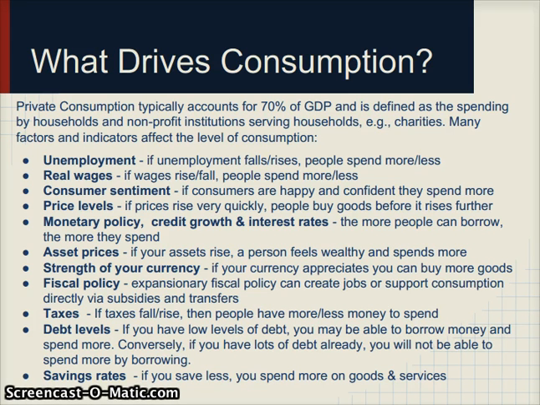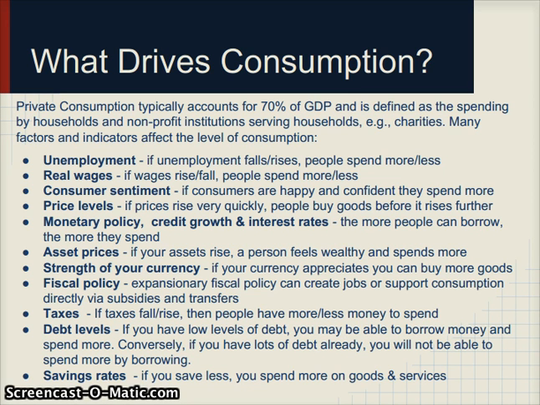But if you already have a lot of debt, right? So if I've been taking loans for many years and I have a lot of debt, then two things may happen. First of all, the bank may say, well, you already have a lot of debt. We don't want to extend you more debt because you already have a lot and you might risk not paying it back. So, they may not want to lend me more debt, which means I can't actually consume that good I wanted to. And second of all, I may also decide, like, actually I have quite a lot of debt, so I don't want to consume more.